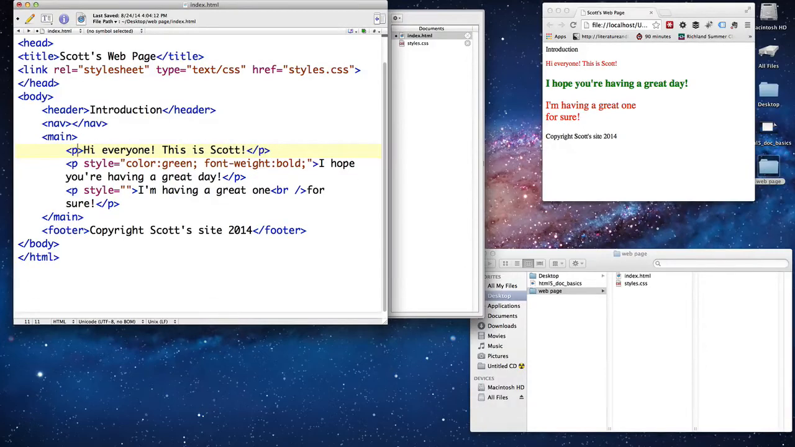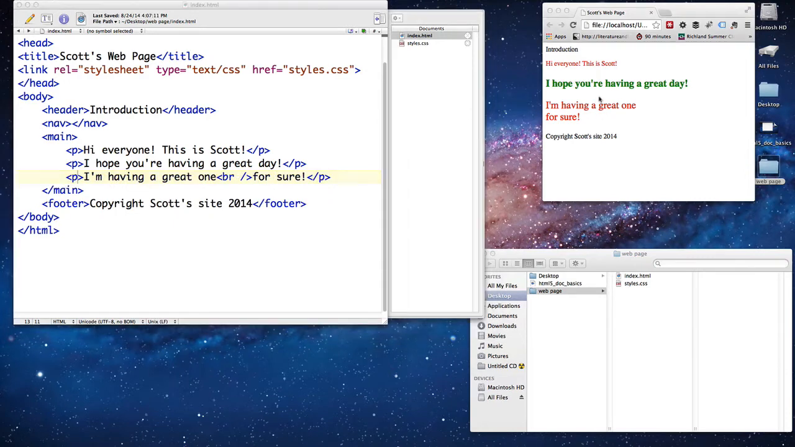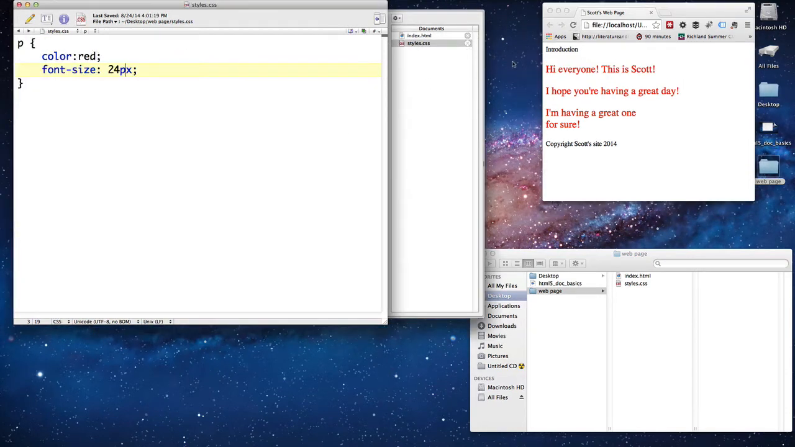I'm going to delete all these and going to do one paragraph. And basically what I've done here in the styles is I've said all the paragraphs are going to be red and they're going to have a font size of 24 pixels, and then we're going to do a line